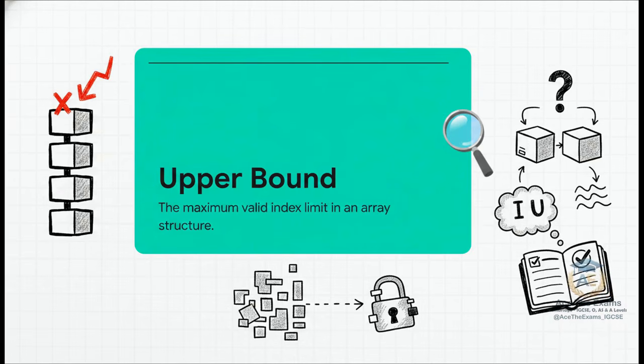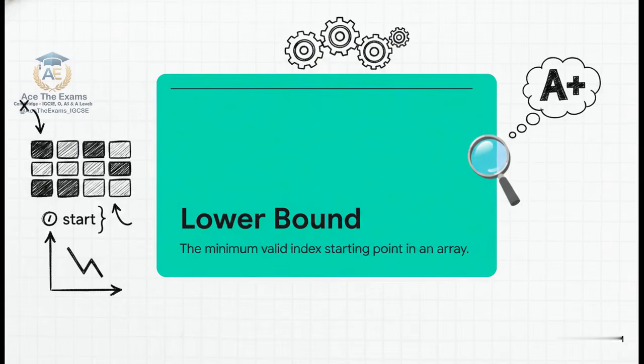Create a mnemonic using the first letters of these key terms: index, upper bound, lower bound. Think of it as I understand limits: index, upper, lower. Whenever you sit down and see a 9618 question about arrays, immediately write "I understand limits" in the margin of your paper. It will physically force you to ensure your answer has addressed the index, checked the upper bound, and verified the lower bound. And naturally, that brings us to the lower bound, the minimum valid index starting point in